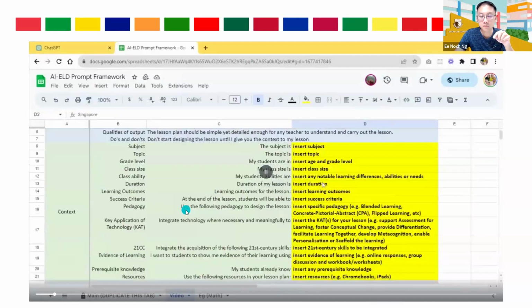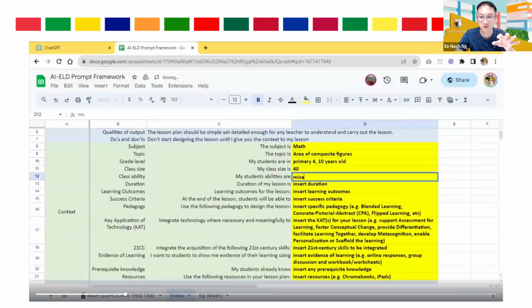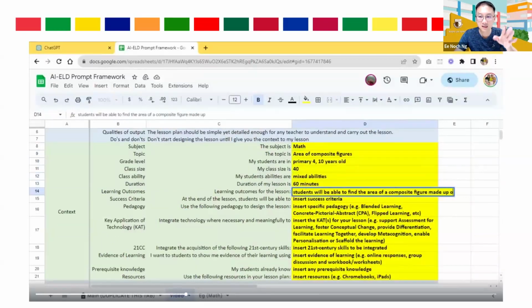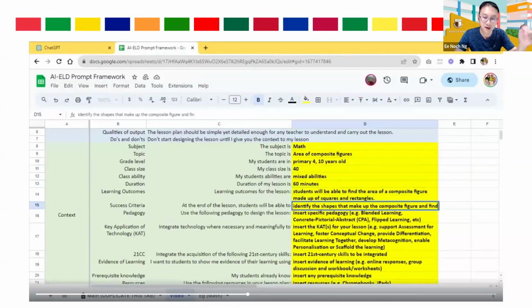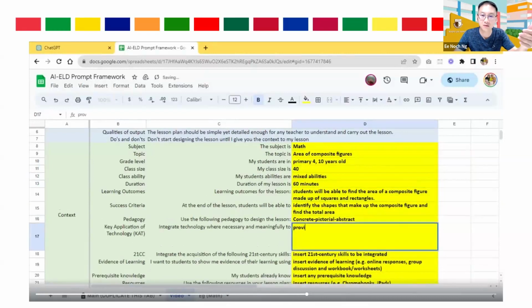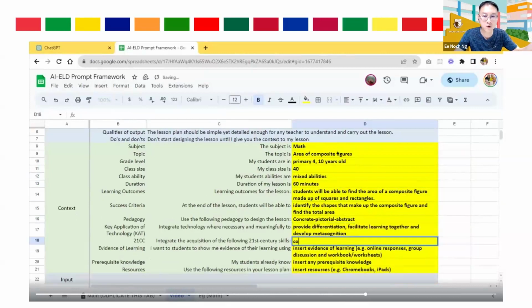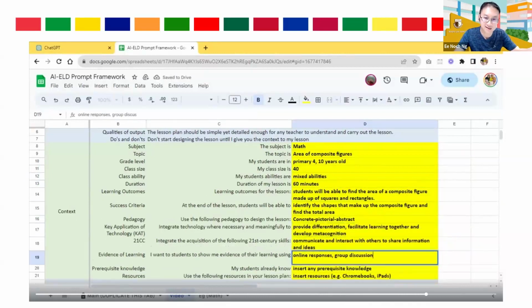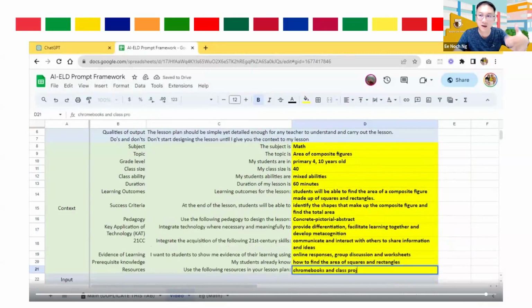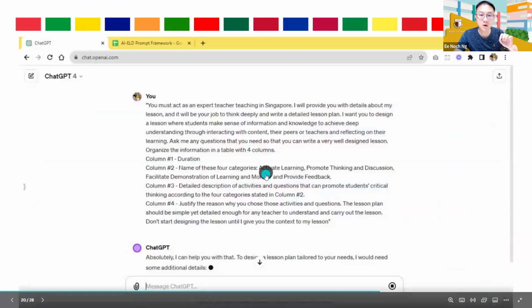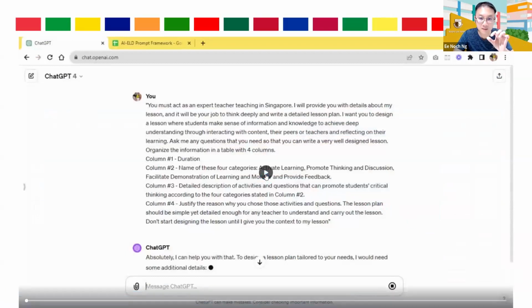Okay, so you should see me typing super fast, because I fast-forwarded this video, right? So these are what I want AI to generate. This will be a math lesson for, in Singapore, we don't call them grade 4, we call it primary 4. And my class size is 40, mixed ability, and all the other information that I need AI to know. So that's the first part. You update this part, the yellow part of the prompt framework. And after that, you will then copy and paste what you've typed into